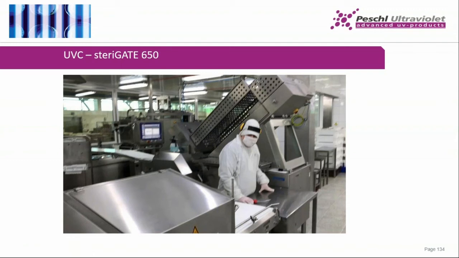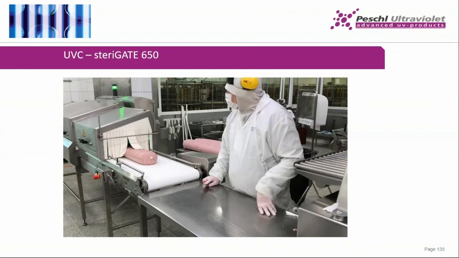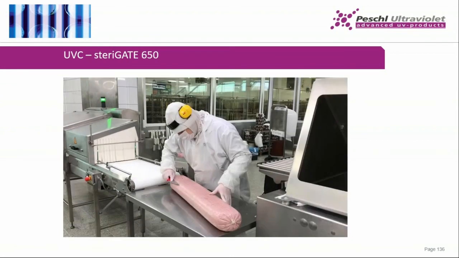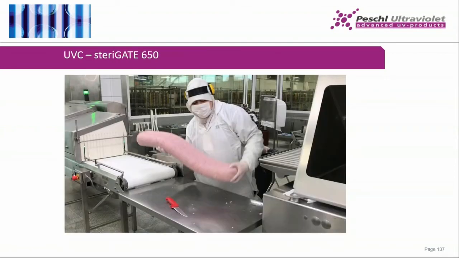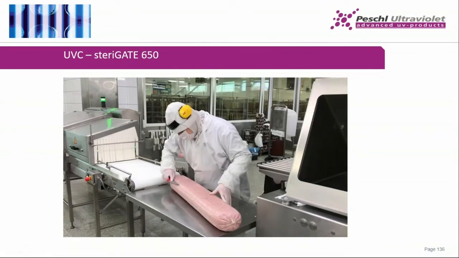But now, this table will be cleaned from time to time by chemical processes, and the worker also cleans his hands. And if they get the sausage, they can open it on a clean table, and then he puts it into the slicer on this side. And this surface has to be cleaned during the process, but he gets a really clean surface, because he doesn't have any cross-contamination during the opening, because he changed the side of the sausage, and